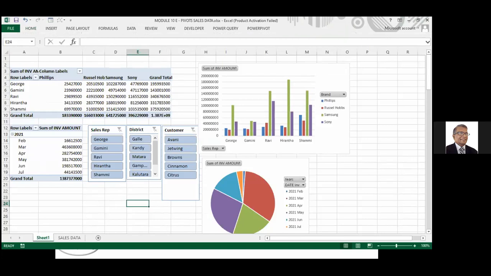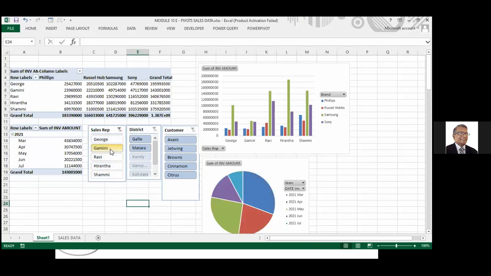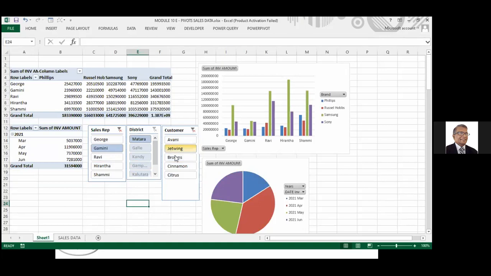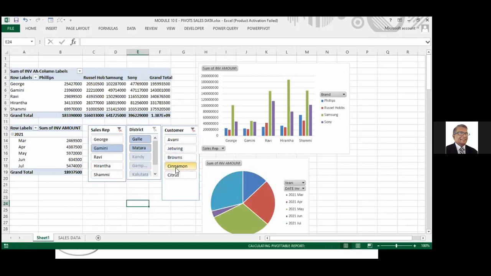So this is my, now when you go to the meeting, let's say, okay, what has Gamini done? Select Gamini. He had done only in Galle and Matara. You can see this itself is filtered. Only for Jetwing, Browns. This chart is not changing.